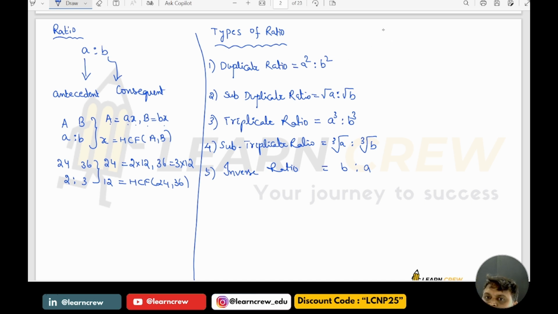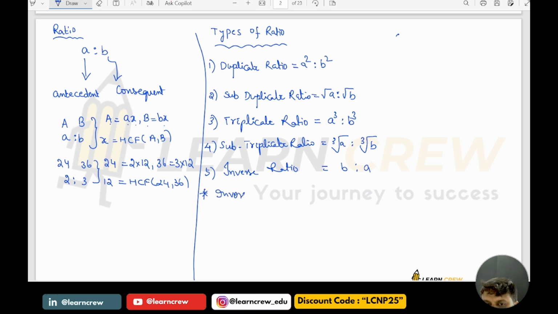For the ratio 2 is to 3, what is the duplicate ratio? 2 square is to 3 square. For the ratio 4 is to 9, subduplicate ratio would be root 4 is to root 9. Similarly, for 3 is to 7, triplicate ratio would be 3 cube is to 7 cube. And subtriplicate ratio, cube root A is to cube root B. Inverse ratio of A is to B is B is to A. Now next,